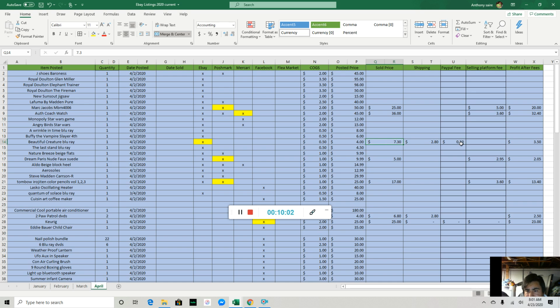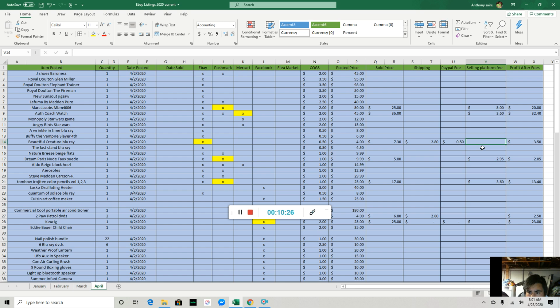PayPal fee was 50 cents. The selling platform fee, I'll eventually update it with the monthly tracking sheet or monthly invoice that eBay does. Now you can actually modify it and it'll show you the eBay fee per item that you actually sold. So it's a little bit easier to see how the fees are distributed among the items that you actually sold,